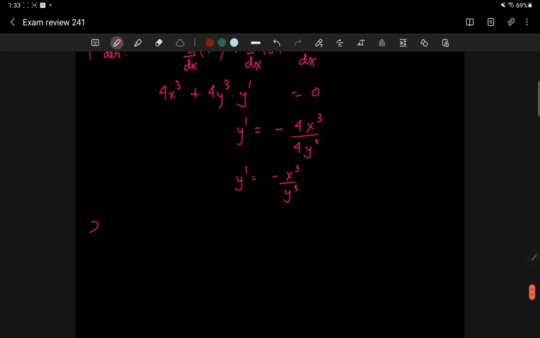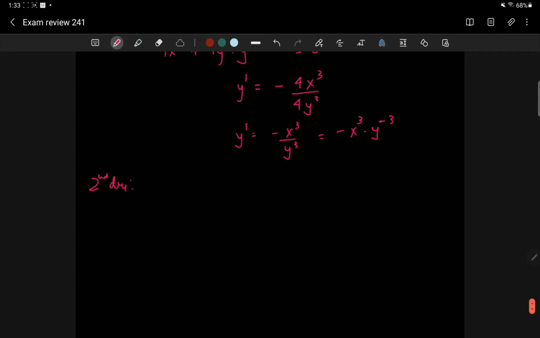Now I'm taking the second derivative, and because, as I've said before, I don't like the quotient rule, I'm going to write this as a product. I'm also going to do an additional thing. I'm going to say this is a constant times that, so I can leave this outside. I can deal with the negative in the end. So then I get y double prime is negative 1 times, applying the product rule to this,